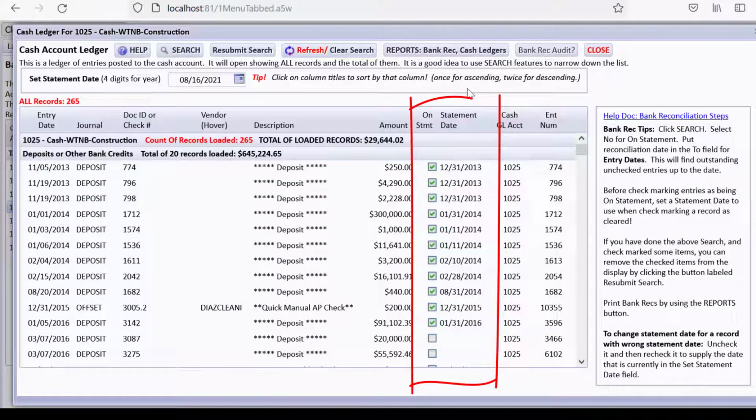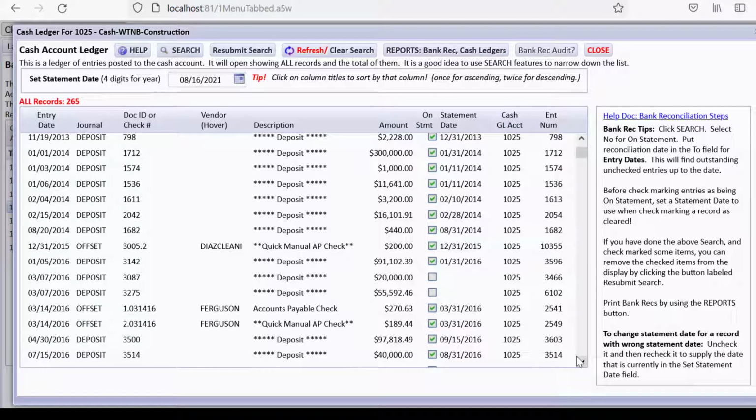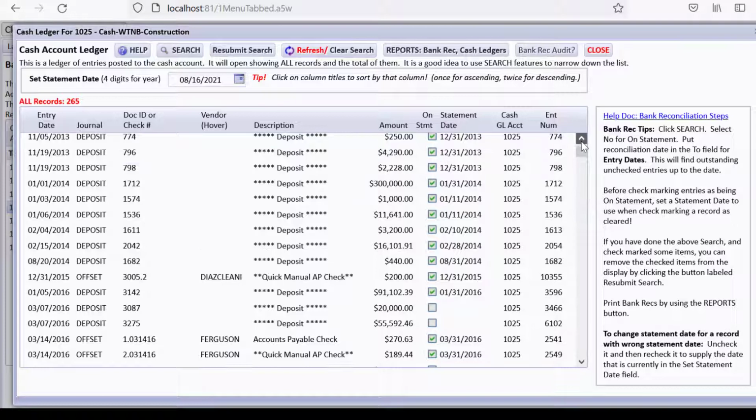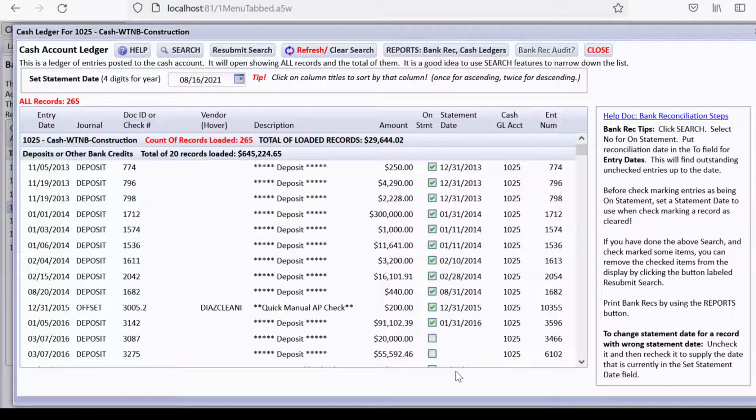But you can review, and when you see statement date, that means these have been check marked as having cleared the bank on certain statement dates. Since this is not a real builder's account, we're going to jump back to the year 2016 and pretend like I've already started doing some reconciliation for March 2016. So we're going to do that. You can use this screen to uncheck something that you accidentally marked as cleared, and to check things as cleared as of a date that you might type in here. But we're going to use some other tools for that.